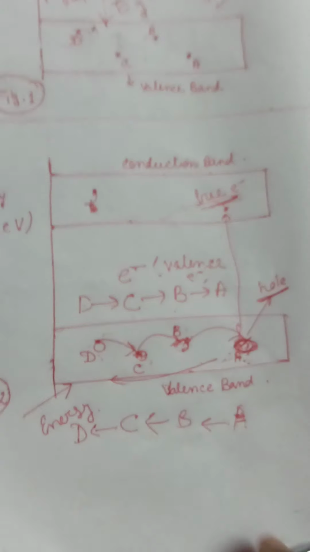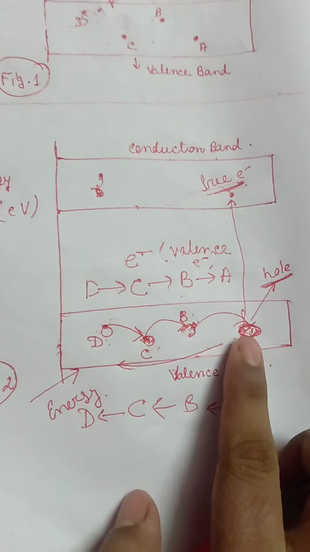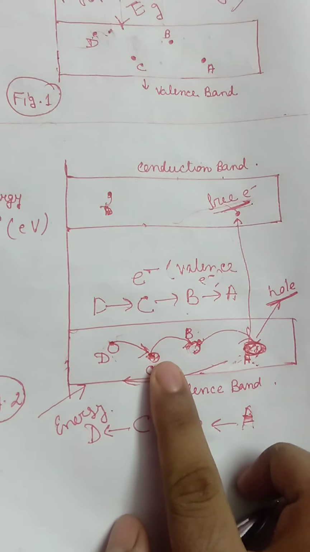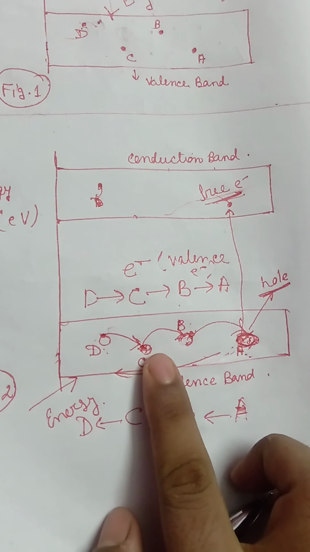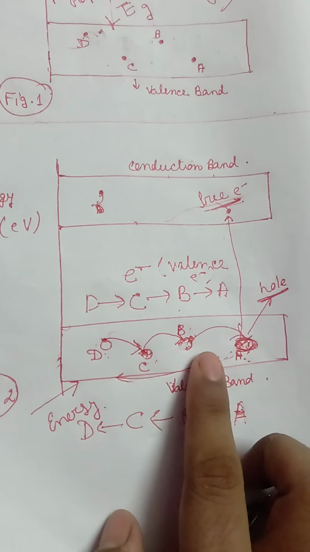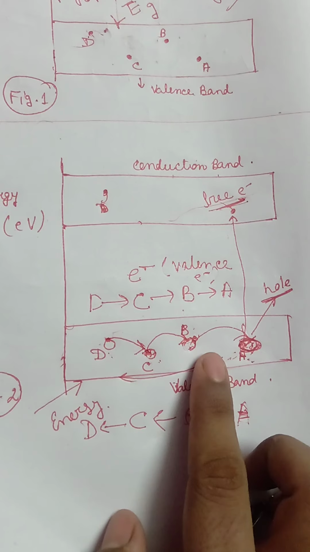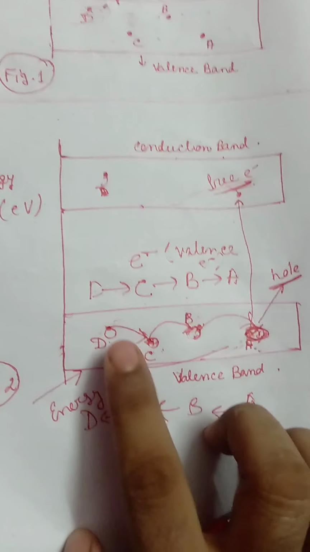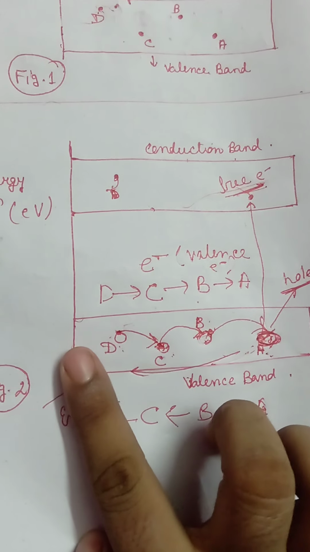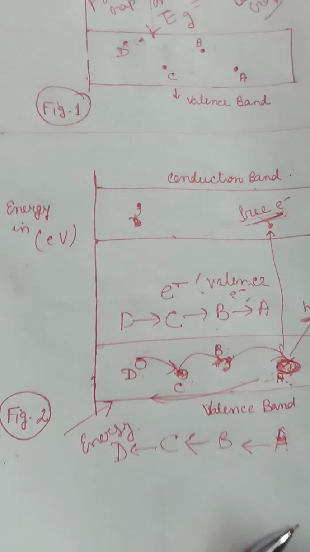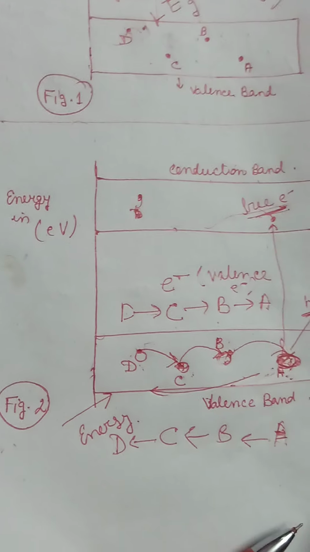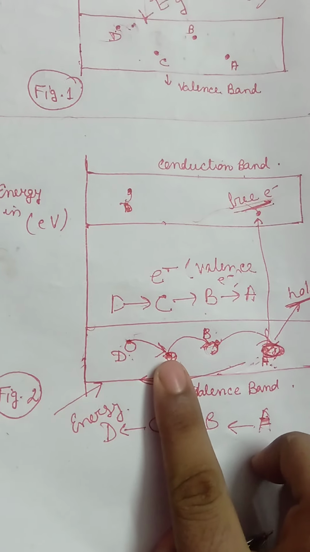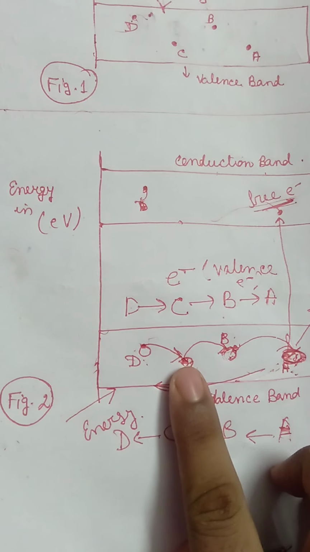So you can see that the direction of the movement of the electrons and holes are opposite to each other. Now you can say that in this case the hole is moving. One covalent bond will break. From that covalent bond, the electron will fill up this position. Again, one vacancy will be created. So this process will continue. As we can see, the holes are moving here due to the breaking of new covalent bonds.